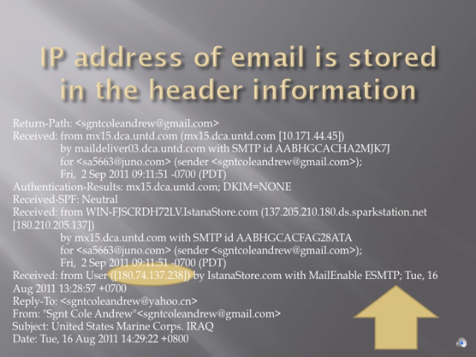But really, I want to read this header information from the bottom to the top, because the first things that are added are going to be added there at the bottom. So as I peruse it from the bottom line looking up, the first IP address I come to is 180.74.137.238. And I can also see that this is connected with something called ishtanastore.com. And I can see up there's another email by ishtanastore.com. So that's interesting.